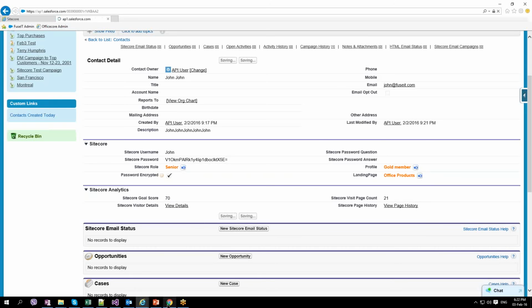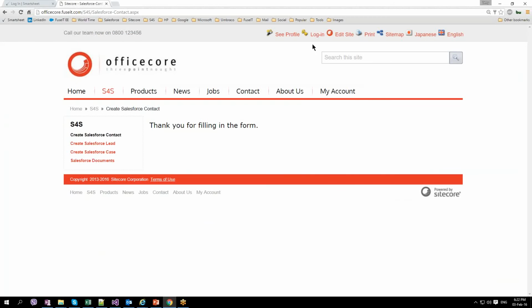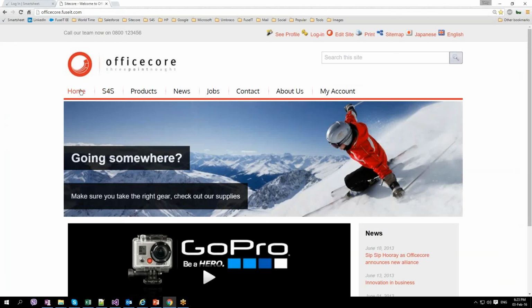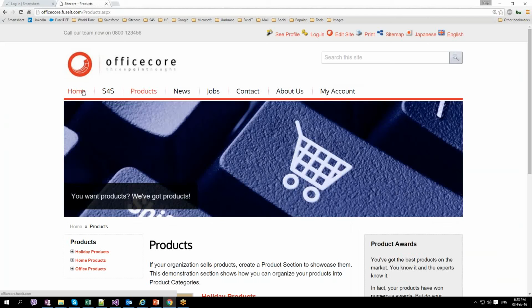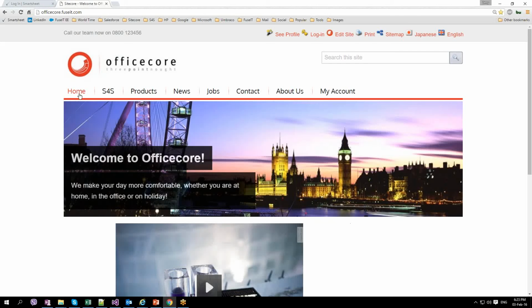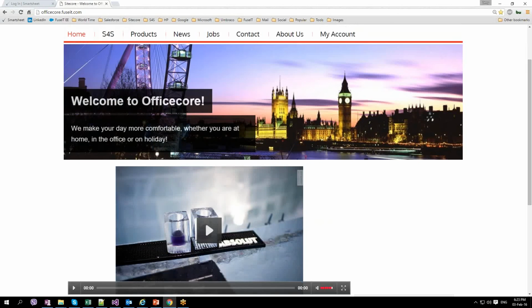So we'll go back to the website and we'll log in. Before I log in, I shouldn't really do that. I'll go to the home page, because before we log in, it'll just confuse ourselves now. Sometimes Sitecore takes a while to do the personalization. There you go, I had to click on the extra page, but you can see now this originally was a